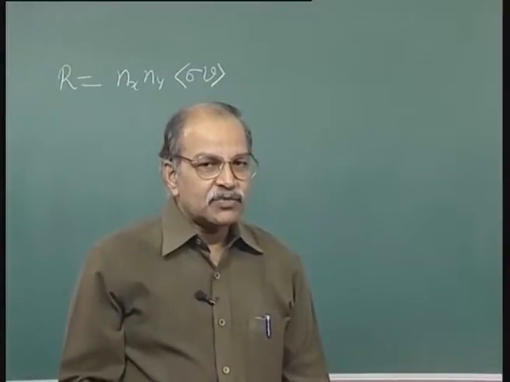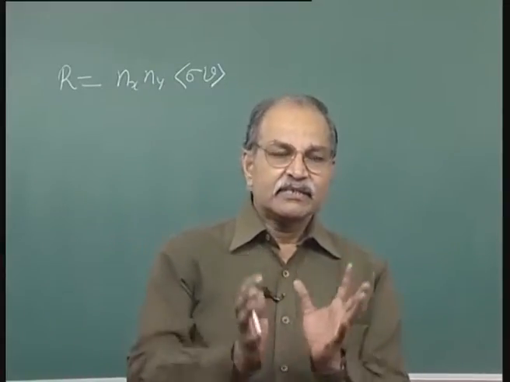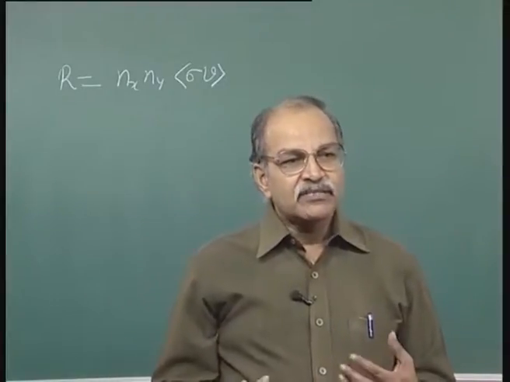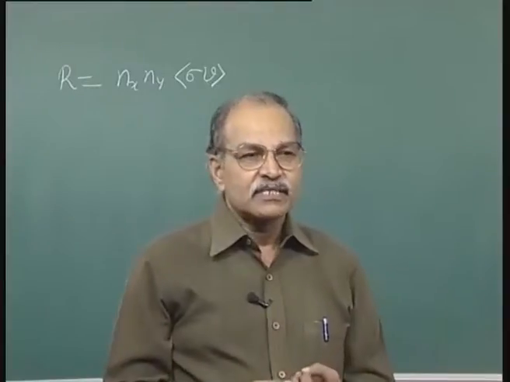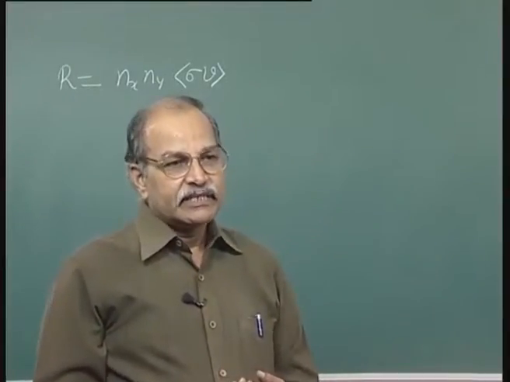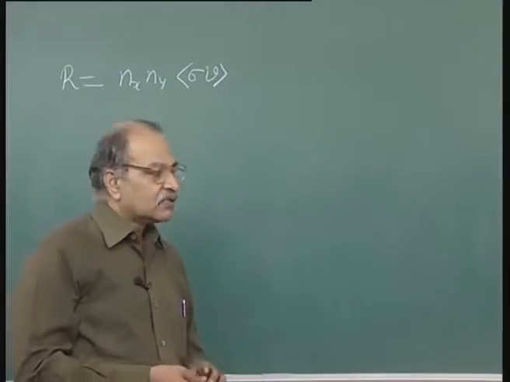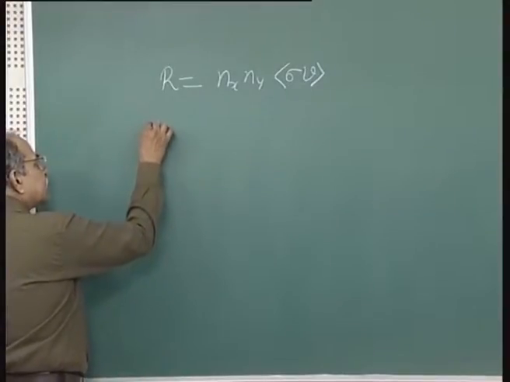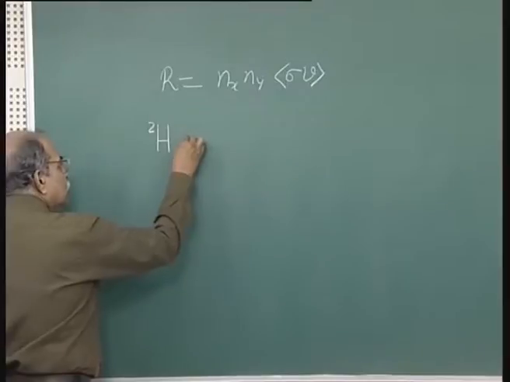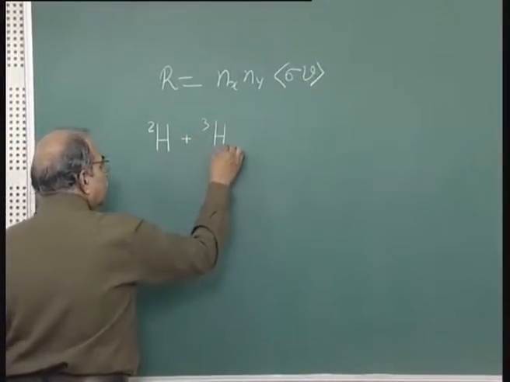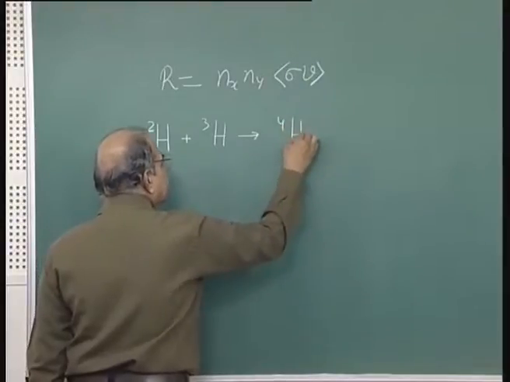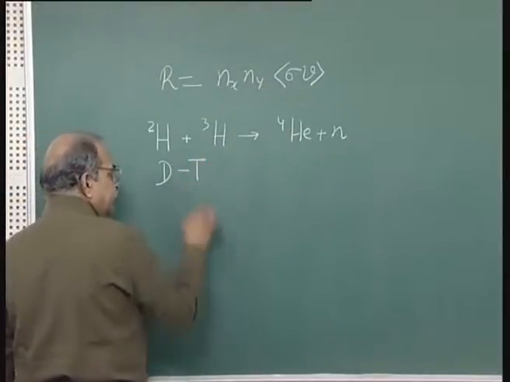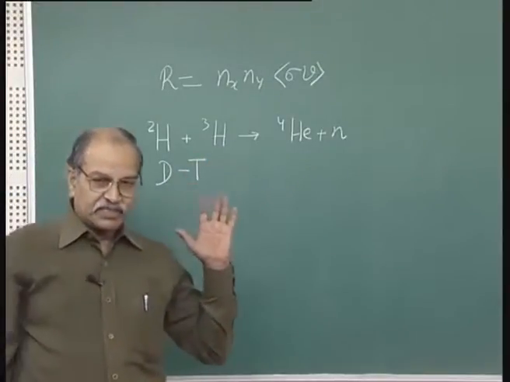So, now that the reaction rate can be calculated for any given concentration of X plus Y at a given temperature, one can look at different possible constituents which can be used in a fusion reactor. And it turns out that for making a fusion reactor, the most attractive proposition is what you call the DT reaction, a deuteron and a triton, going to 4He plus N. So, this is D and this is T. This is the DT reaction. This has the best promise.